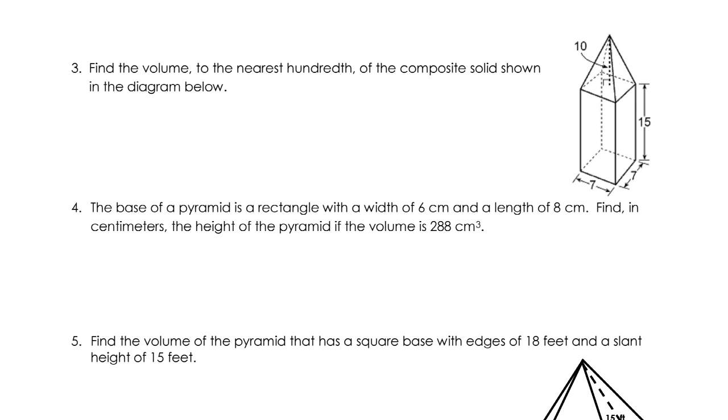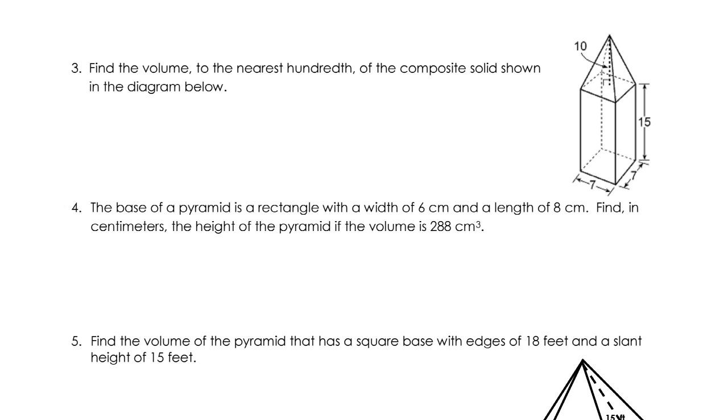All right, we're on the back side of day 5 notes, and in number 3 it says find the volume to the nearest hundredth of the composite solid shown in the diagram below. And so this composite solid is made up of a pyramid on top and a rectangular prism or a box on the bottom. Okay? And so very similar to what we had in our warm-up,